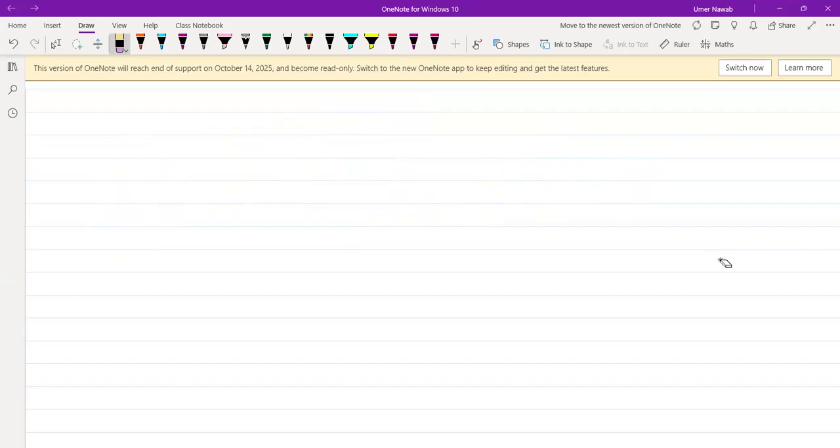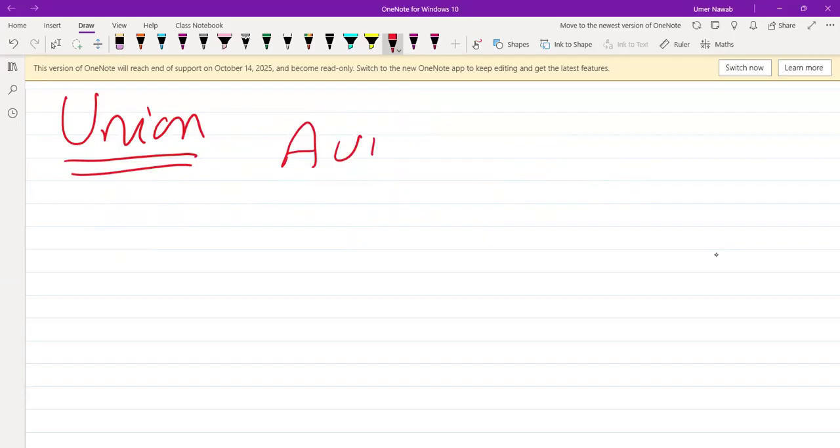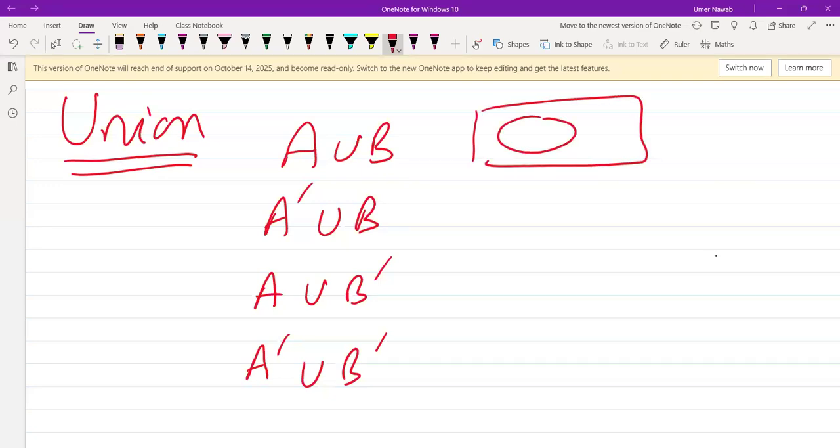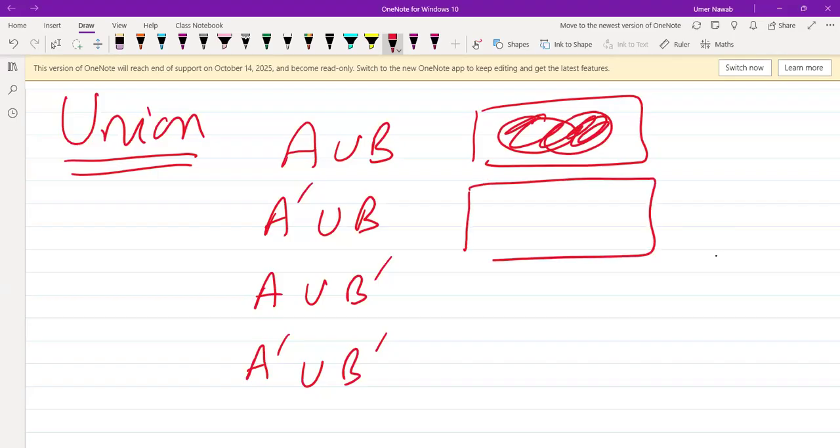So I will again try to explain how many combinations of union for two sets you need to memorize. A union B you need to know. A complement union B you need to know. A union B complement you need to know. And A complement union B complement you need to know. So A union B is basically complete A and complete B. A complement union B, as I said, union means you need to shade the complete B